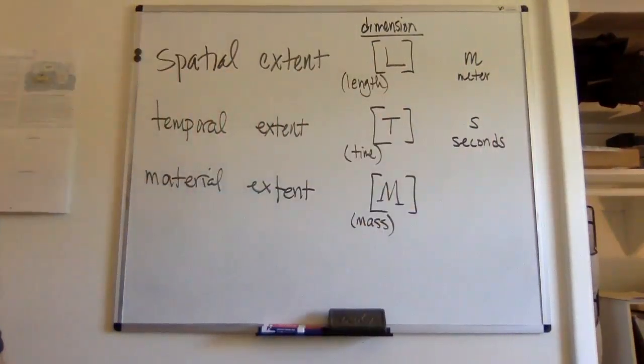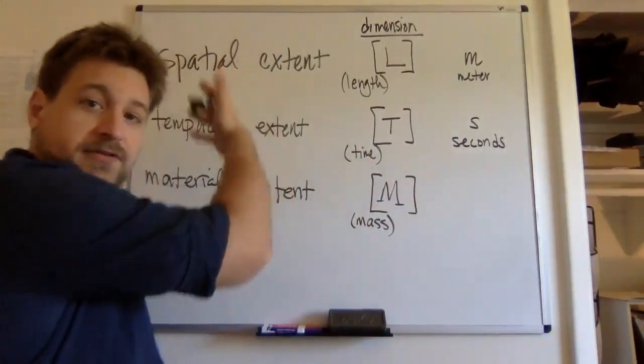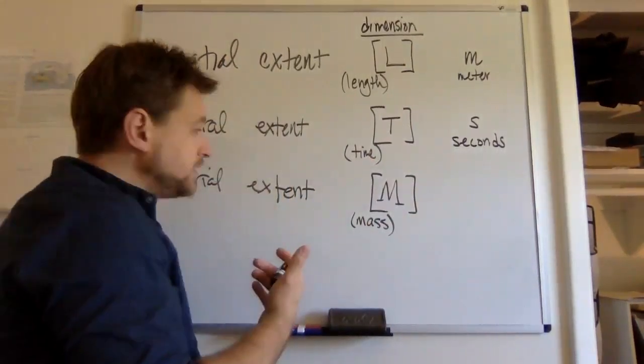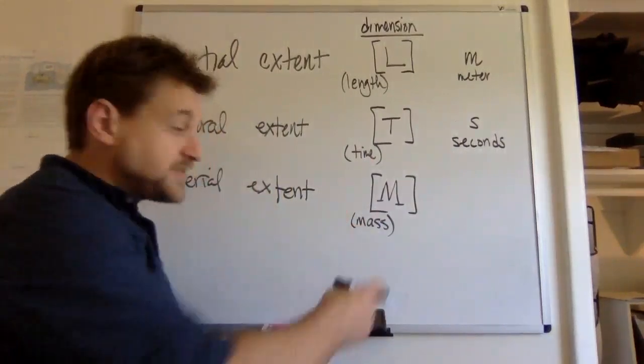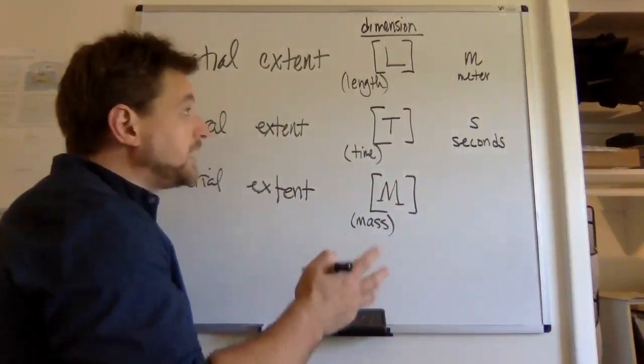Dimension of length, dimension of time. Square brackets indicates a dimension, one of these three fundamental ways that we can talk about the world. It's the dimension of mass, m for mass,